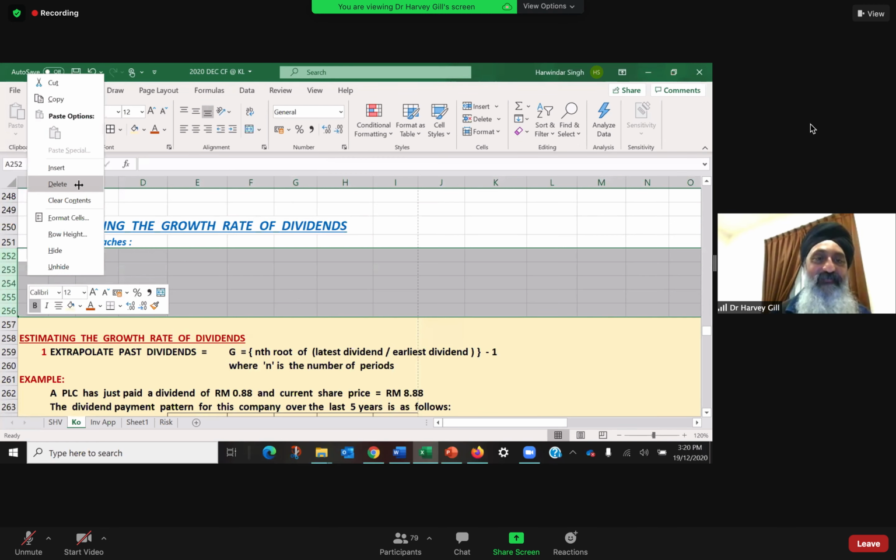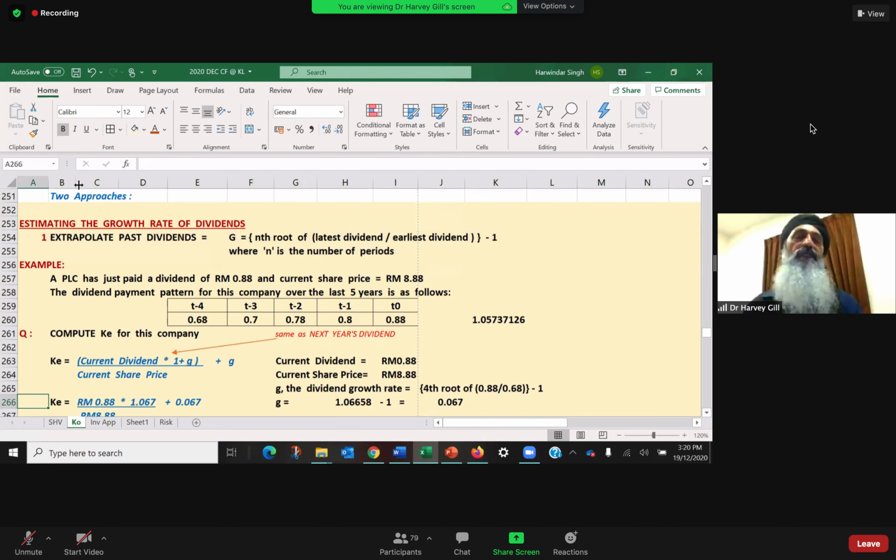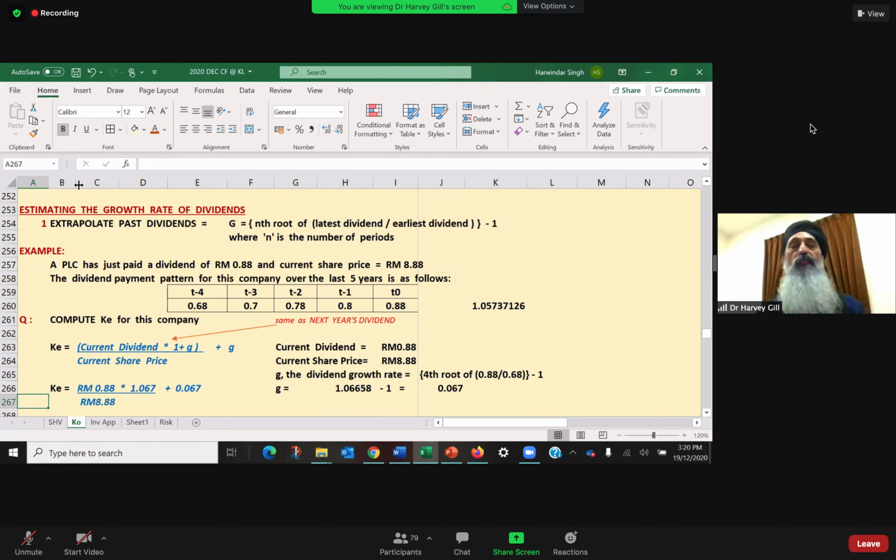Let me just bring this closer. How do we estimate the growth rate of dividends? Well, there are two main models that in corporate finance we are encouraged to use. One is we extrapolate the past dividends, meaning to say we look at how dividends have been growing over the past 4 periods. 4 periods means 5 years. You see, this year to the last year is one period in between. Last year to the year before that is a second period. So like that, if I keep going